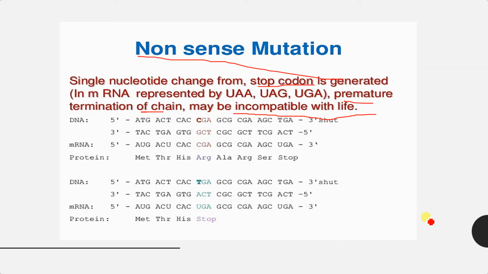Here we are given an example. For example, in DNA, the functionally normal sequence will be CGA, which encodes the amino acid arginine. But if the base is altered, with T instead of C, that will result in the mRNA UGA, which is a stop codon, and the protein which has to encode alanine, arginine, and serine will stop, causing premature termination of your protein molecule. This is known as nonsense mutation.